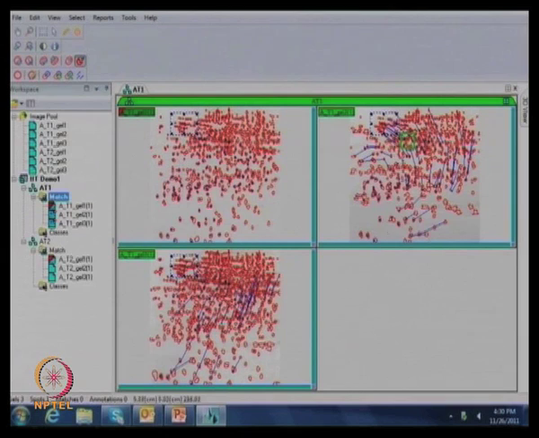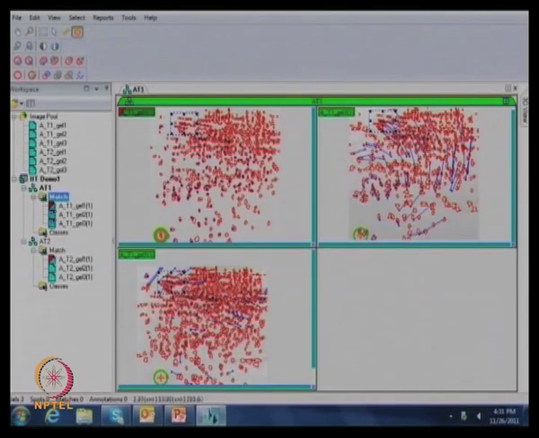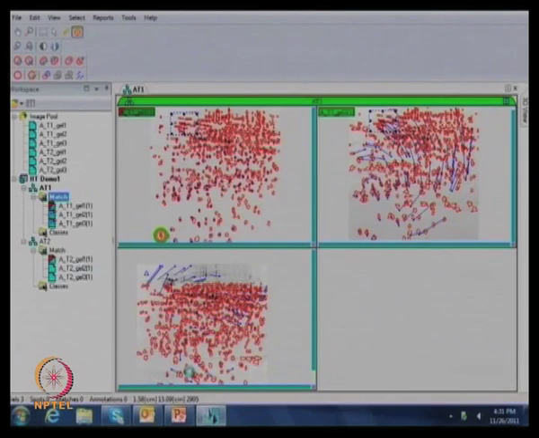And now we can see in these 2 gels there are a few vectors. We can remove these by adding a landmark. Okay, now this is the landmark option. You have to add your landmark initially in the reference gel only. Suppose this is a landmark, I'm just going to add a landmark here. Then I have to adjust this landmark to the same position in all the remaining gels.